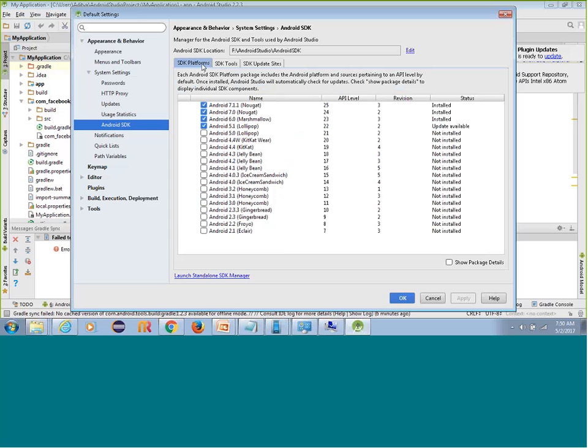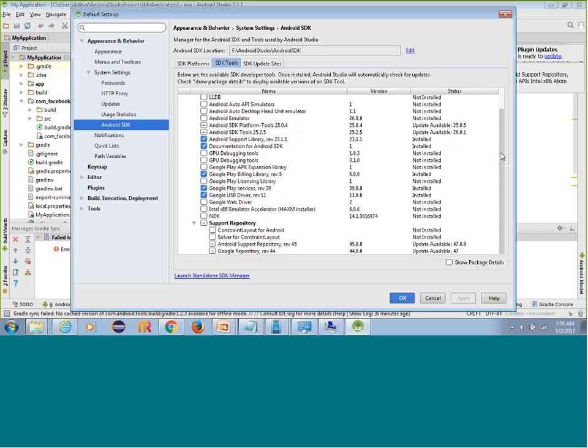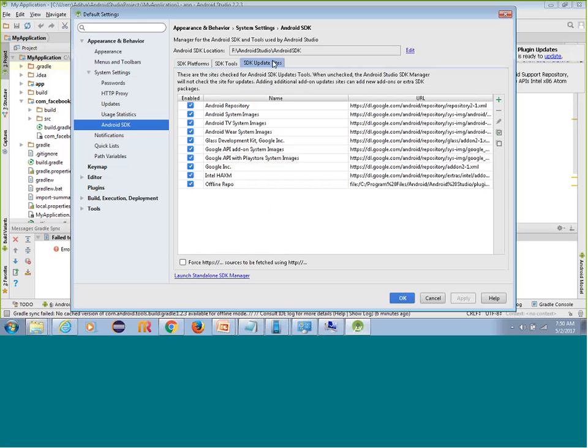This launch standalone SDK manager option. Just go to your SDK tools. It is also the same, and you can download it from here also. Serves the same purpose, nothing different. Fine. So after this,